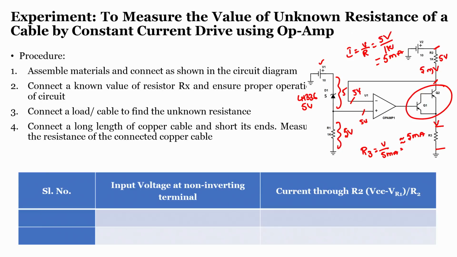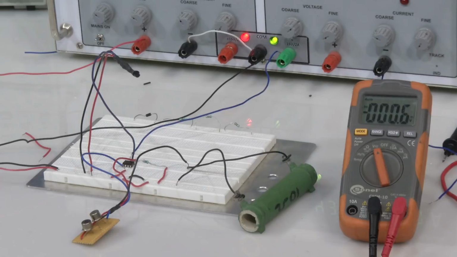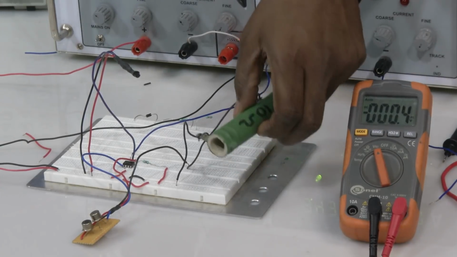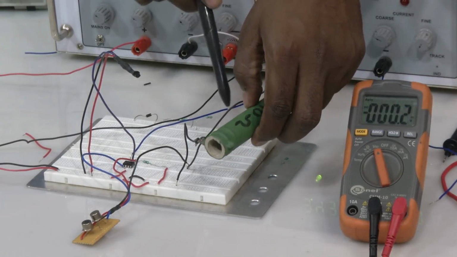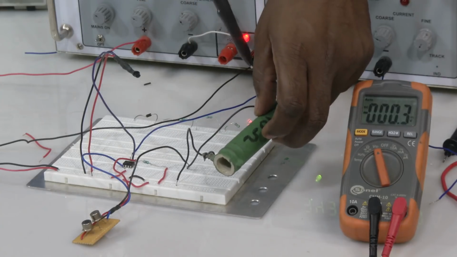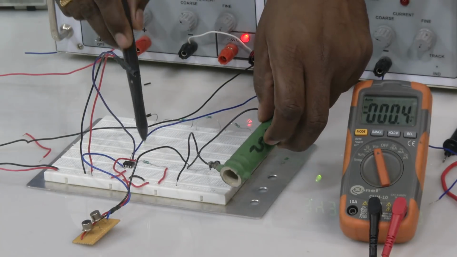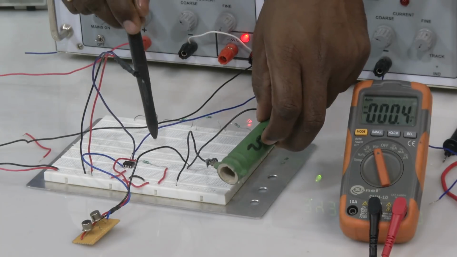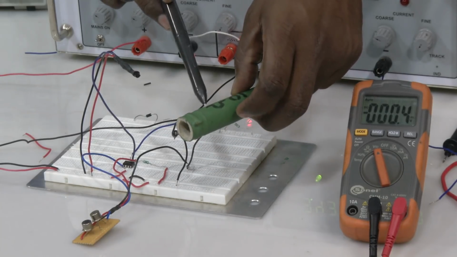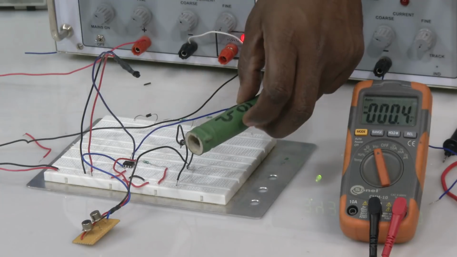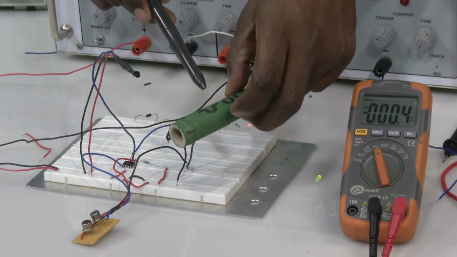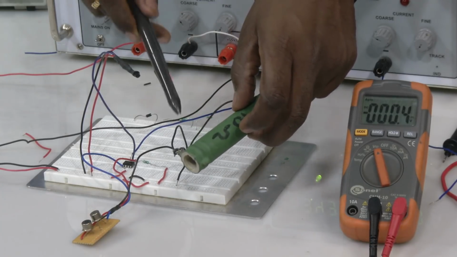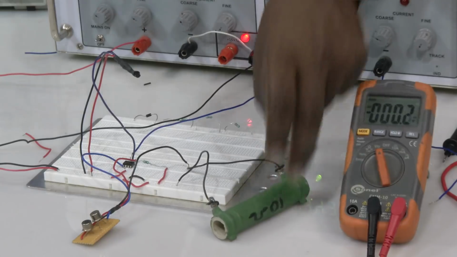So, if I look into the experiment board, here we can see this is an unknown resistance that we are considering. Since it is an unknown resistance value, by looking into the voltage drop across this resistor, and by looking into the current flow through the 1 kilo ohm resistor here, we can understand the resistance value. So, to compare the theoretical with the actual resistance value, right now we have chosen a 10 ohm resistance, right.